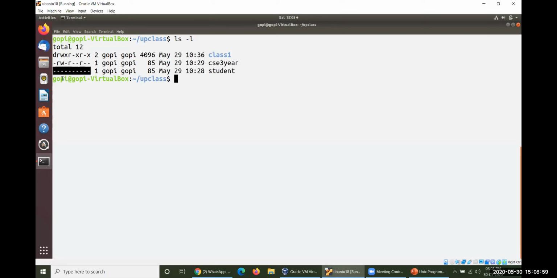Already I have given some information that the first thing is for file identification, whether it is a directory or a file. If it is a directory, it must be set as a d, and if it is a file, that position will have a hyphen, so there is no letter there. Other than that, we have totally 9 hyphens available for this particular file, and these 9 hyphens are supposed to be filled with rwx followed by again rwx followed by again rwx.